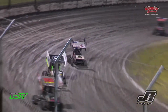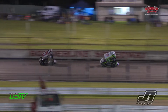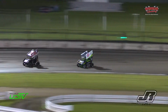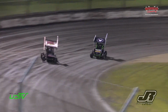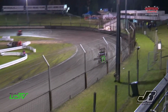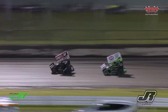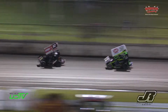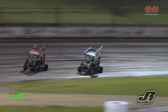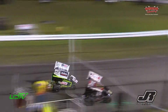Zato kisses the concrete. It's sparked off the frame rail of Alex Ryan, now starting to, was applying a thumb screw, now is to sort of release the pressure. We look back in the pack to the 45 of Chris Ferguson. The wing has collapsed on that car, the 45 at the back of the pack. Down the back chute, our leader, there they are, up in turn number 3 and 4, front straight. Still your leader is Jesse Ellison. So Ellison